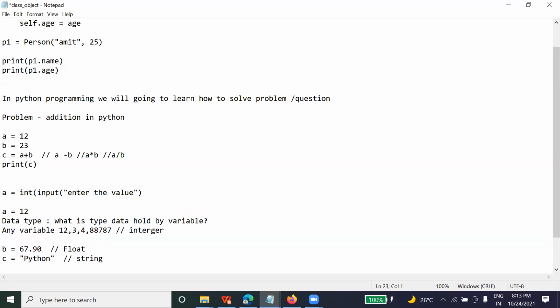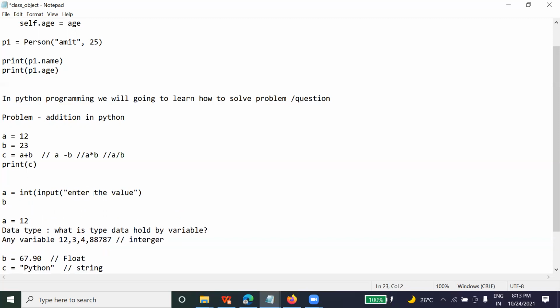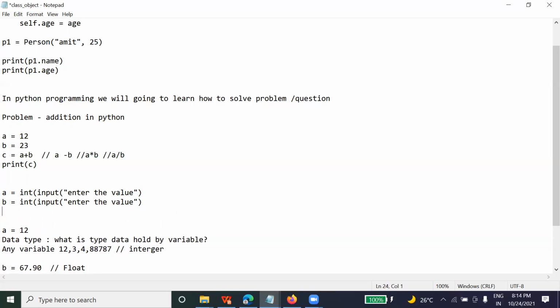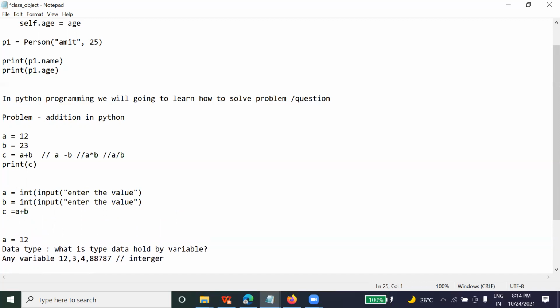I am going to explain what it actually is. Let me take another variable. Okay, let me take the same. I am going to run it and show you. Then we do C is equal to A plus B, and print C.